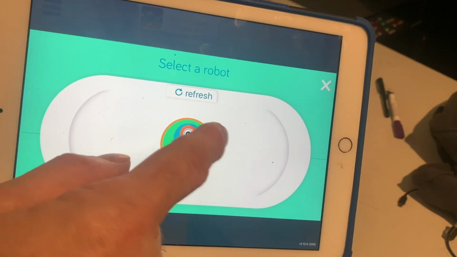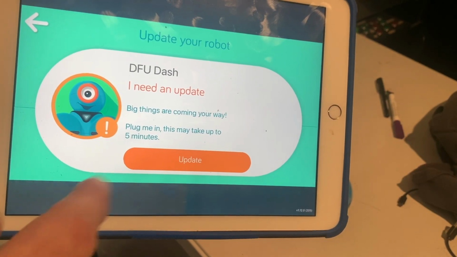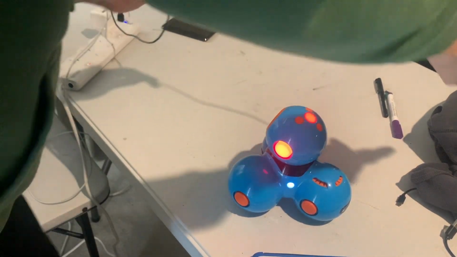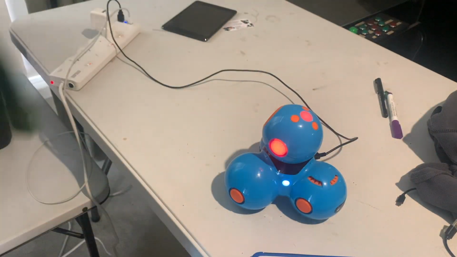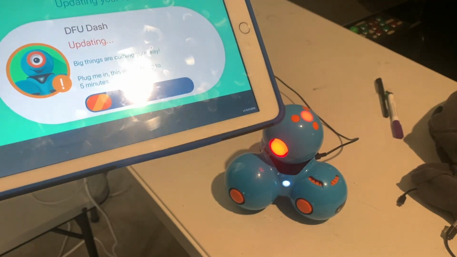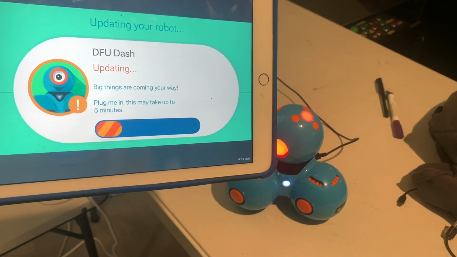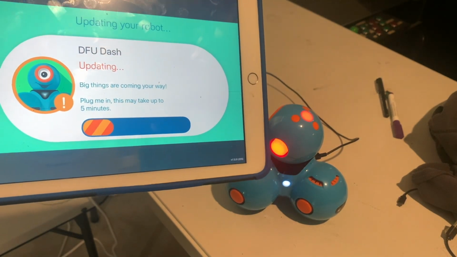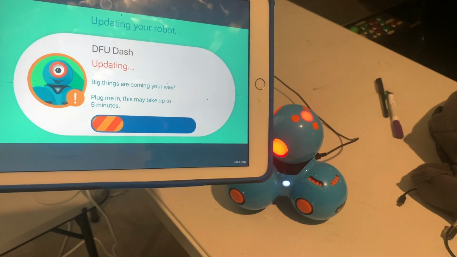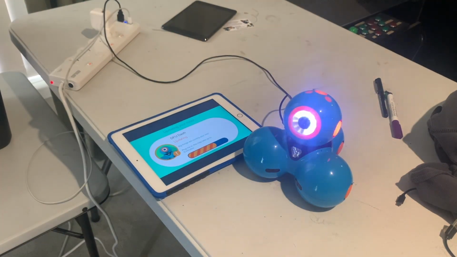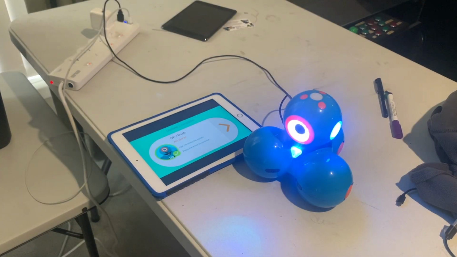that, and it's going to update it, but it says to plug it in. So especially if the battery's low, you need to plug it in just to make sure it doesn't turn off during the update. And then it takes about 3 or 4 minutes to completely update. It said 5 minutes, but we can just leave it. I'll just fast forward it now so you can see the end result. So now we're all done